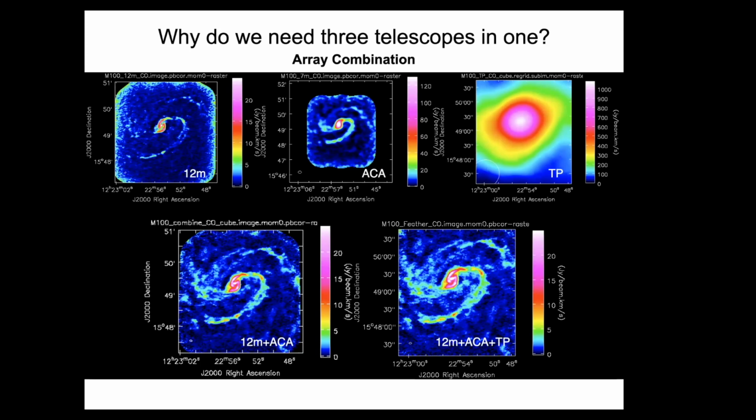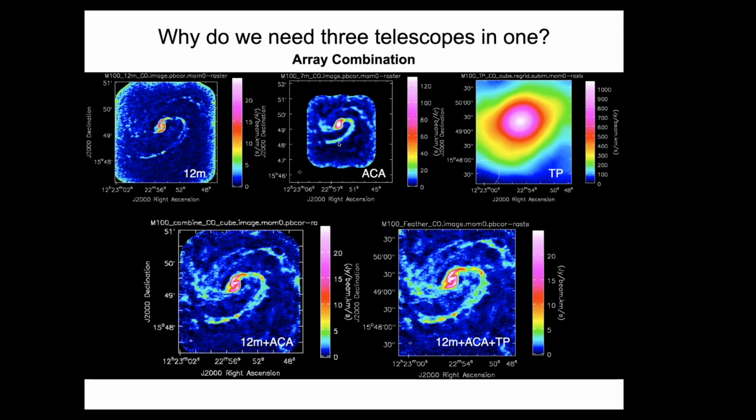Well, the thing is that due to the nature of the observations that ALMA does, as an interferometer, we know that, in the case of the main array, if we observe, in this case, this galaxy M100, we are not seeing all the structures. There will be some structures missing that are filtered out due to the nature of the interferometric observations. And when this happens, one would need to observe with a more compact array. That's why we have the Atacama Compact Array that will recover a little bit more of those extended components,